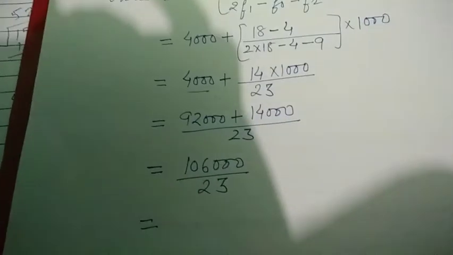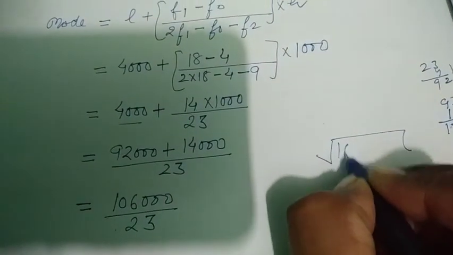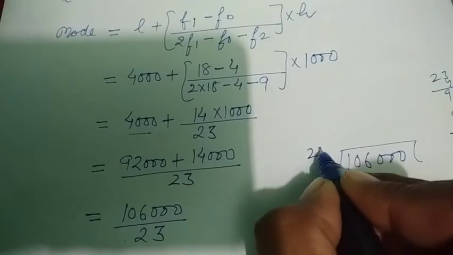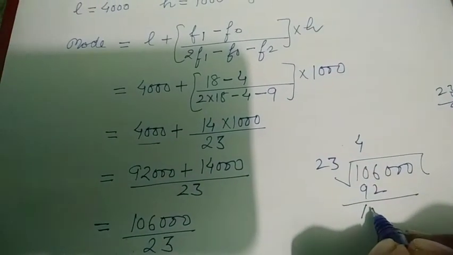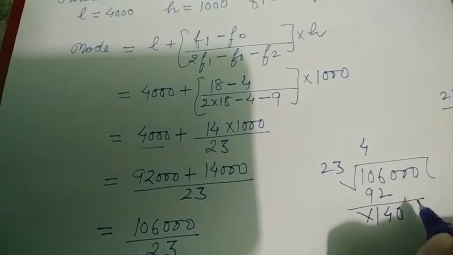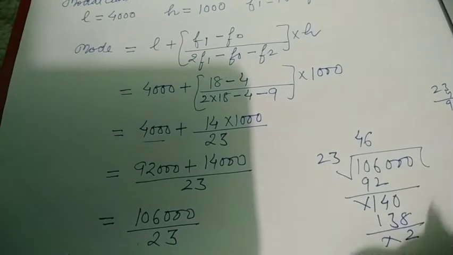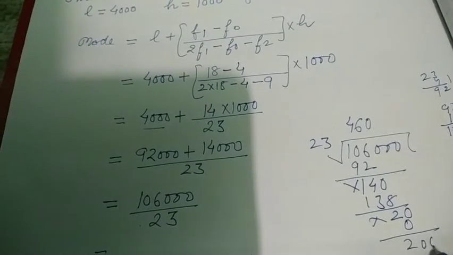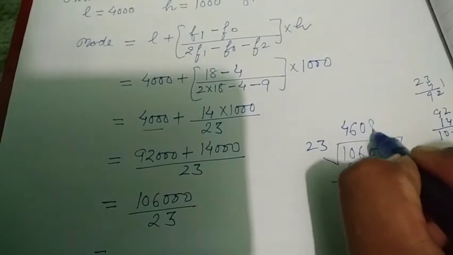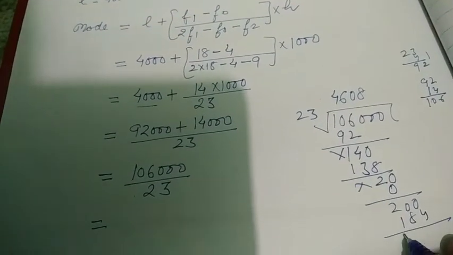When you do the division of this, let's do the division also. It is 106,000 and 23. So 23 4s are 92, and you are left with 1 4, and it will be 0, and then it goes with 6, so it will be 138, and then you are left with 2 and the 0 here, and again 0, and again 20, and now 200, and this is 8. Okay, so it will be 184 upon 160.